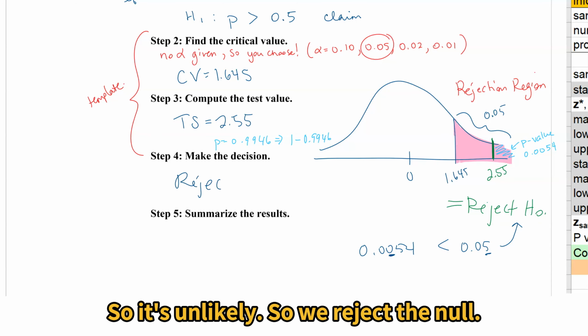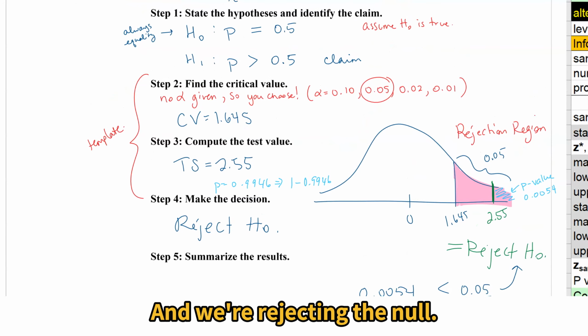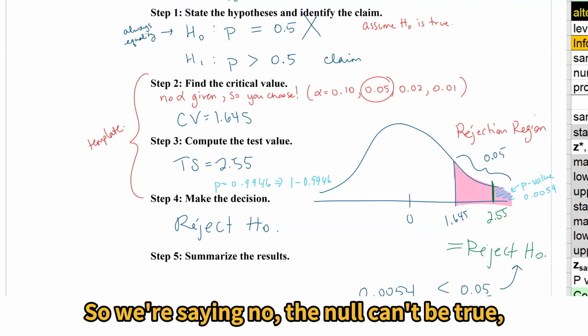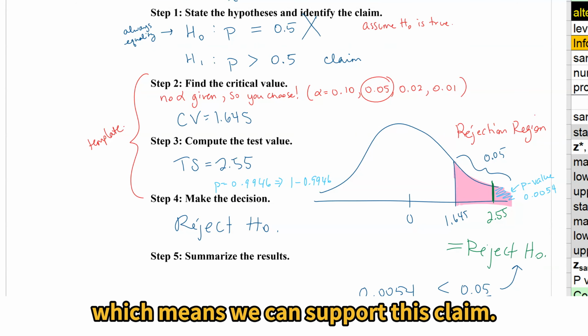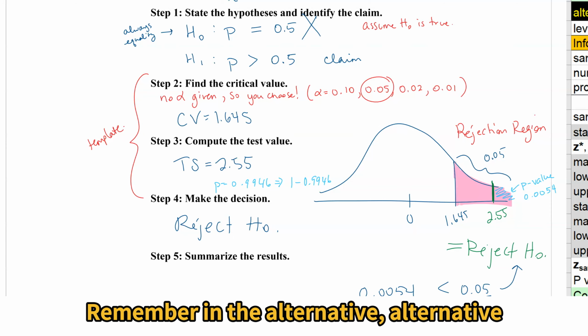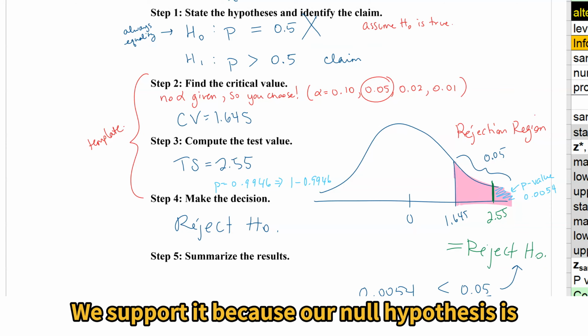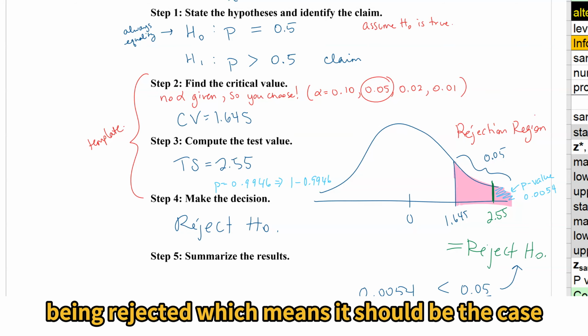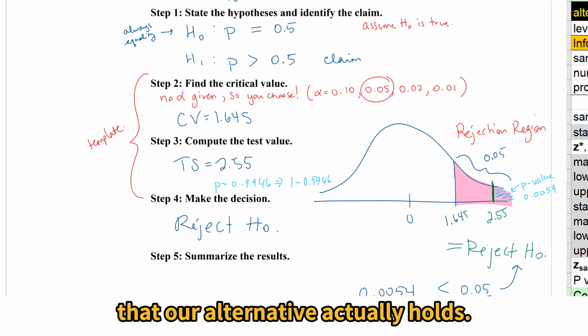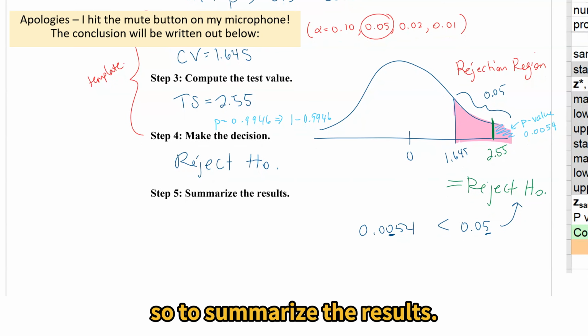So we reject the null, and we're saying, nope, the null can't be true, which means we can support this claim. Remember, in the alternative we can support or we cannot support. We support it because our null hypothesis is being rejected, which means it should be the case that our alternative actually holds. So to summarize the results,